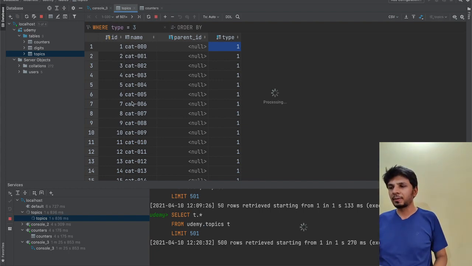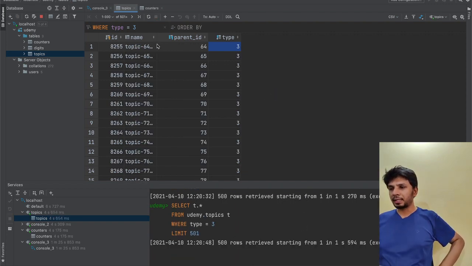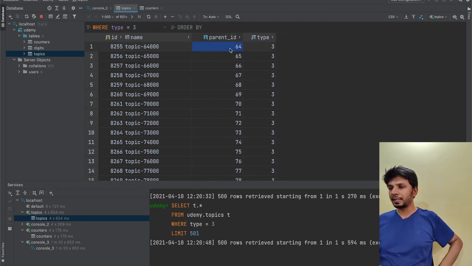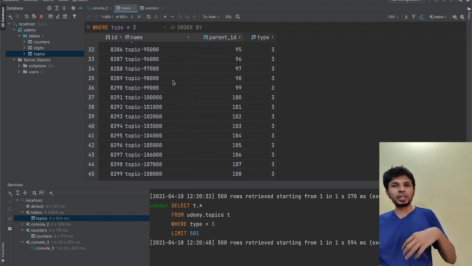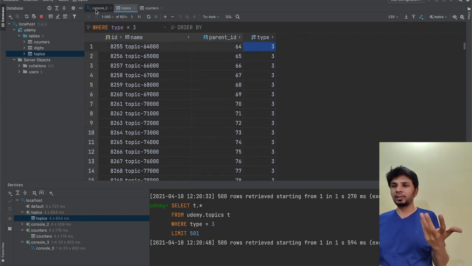We inserted topics, and we would see topics being inserted over here, say topic 64000. Here it is: topic 64000, parent ID is 64, type is 3. So this is how you can generate an entire topology of categories, subcategories, and topics having 5 million rows